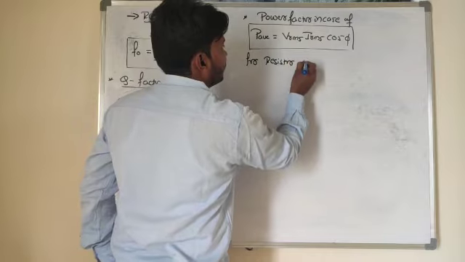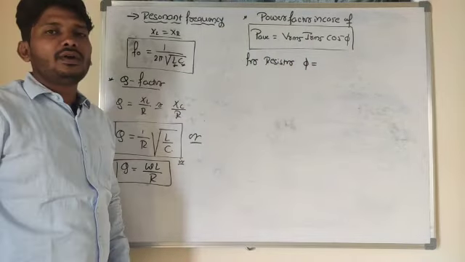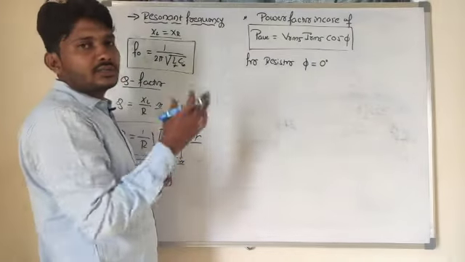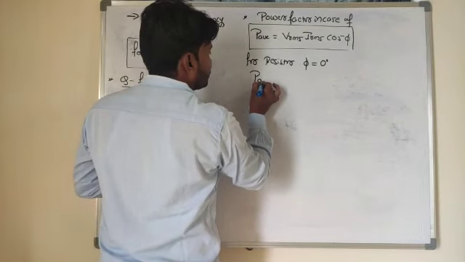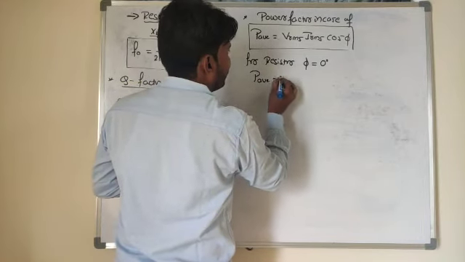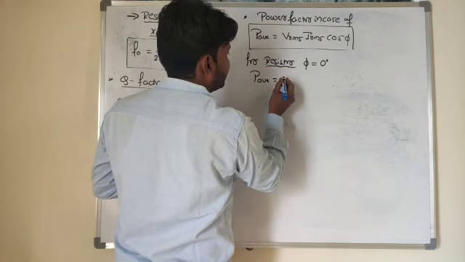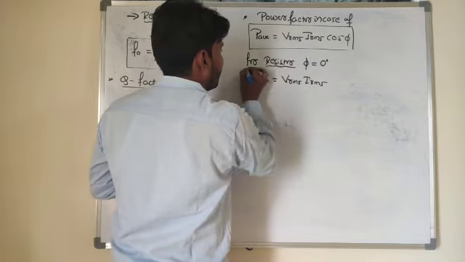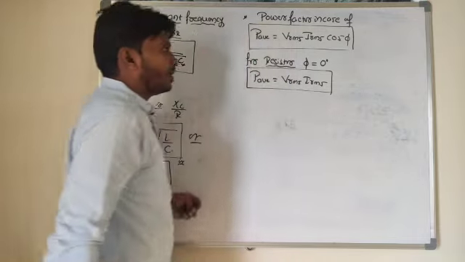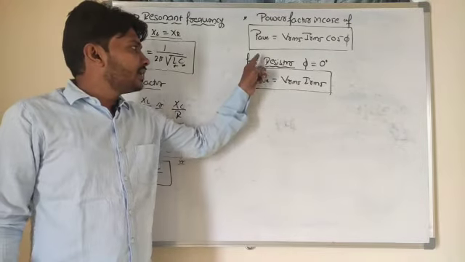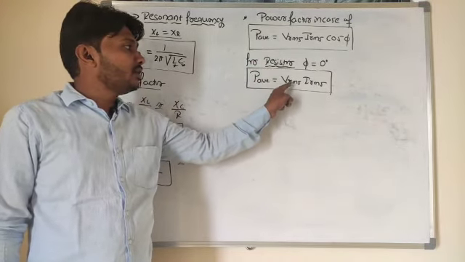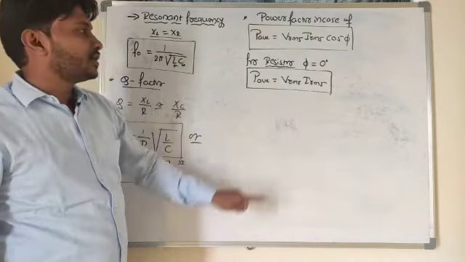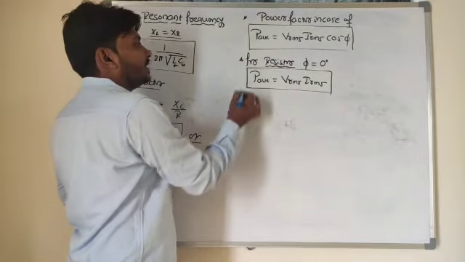So for a resistor, what is the angle between current and voltage in the resistor? Both exist in the same phase. So phase difference is 0 degree. Cos 0 means what? 1. So power loss in case of a resistor is P average is equal to Vrms into Irms. So look at here, what is the power loss in case of a resistor? When alternating current passes through the resistor, power loss is equal to root mean square value of alternating voltage and root mean square value of alternating current. So remember here, there exists a power loss in case of a resistor.